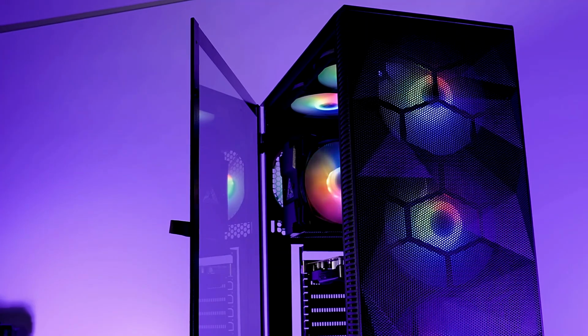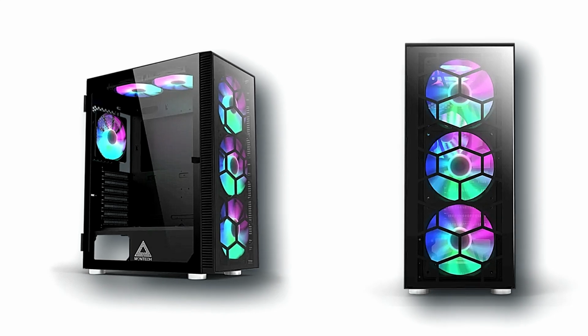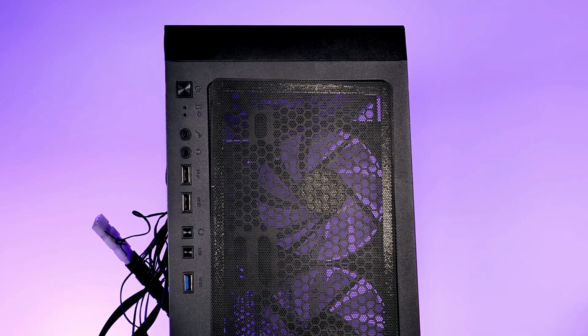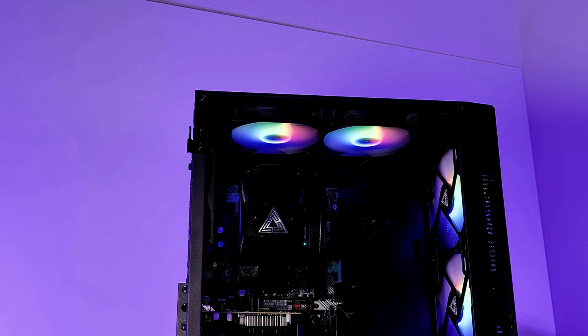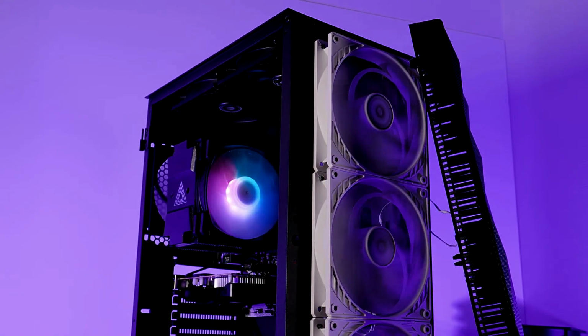The X3 is built for performance too. Featuring optimized airflow and ample room for cooling solutions, your system will stay cool under pressure. The spacious interior provides easy cable management and plenty of space for your hardware, making installation a breeze. Whether you're a seasoned builder or a first-time PC enthusiast, the Montech X3 is the perfect canvas for your dream